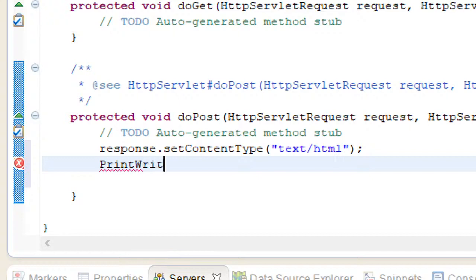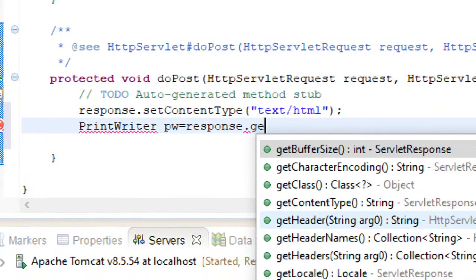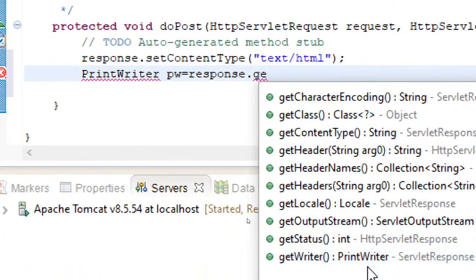And then next what I'm going to do is I'm creating a PrintWriter object. This PrintWriter object is used to print information on the web page. So here you can see again response dot, I require a writer in order to write the information. Here you can see getWriter.